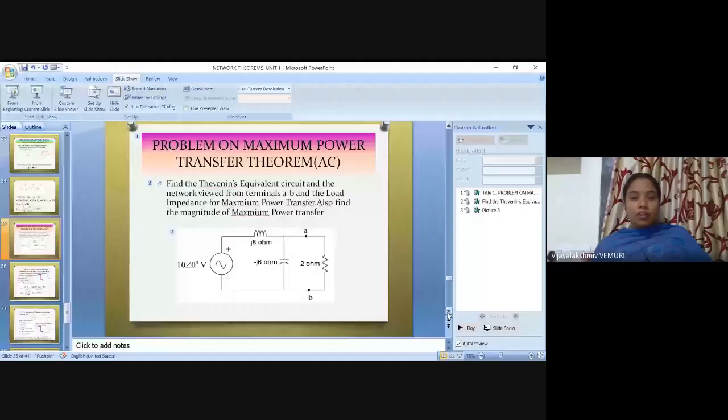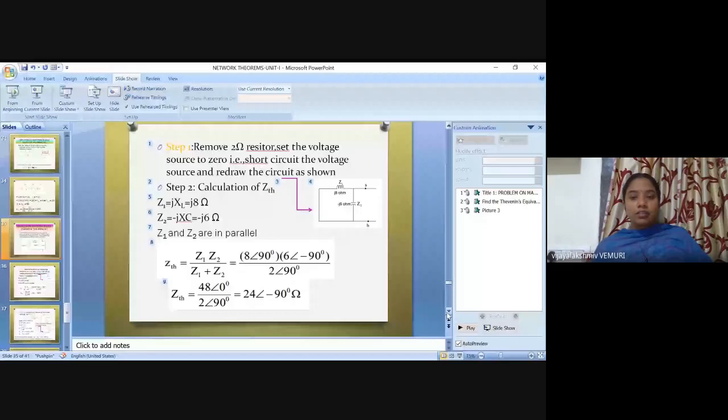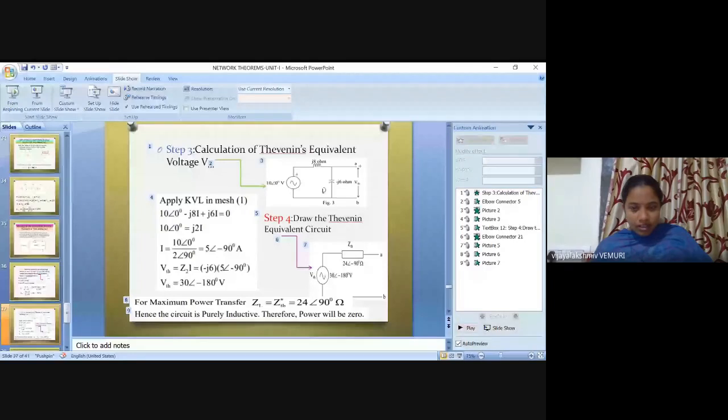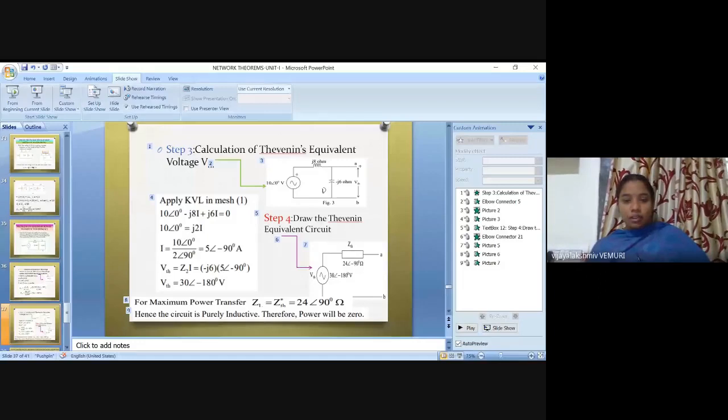Okay, this is about maximum power transfer theorem. Next theorem is, okay, wait a minute. He has given resistance. Okay, resistance is not concerned. The circuit is purely inductive. Sorry, let me see this once. Is my screen visible? Pmax. Yes, okay. He has given that we will not consider this 2 ohms, because it is already removed.